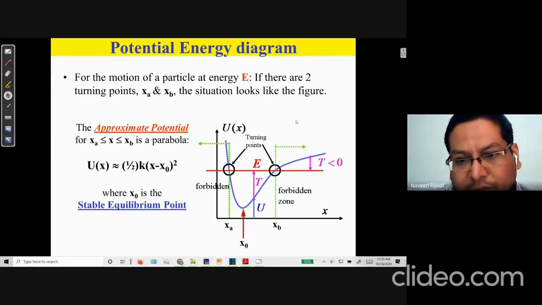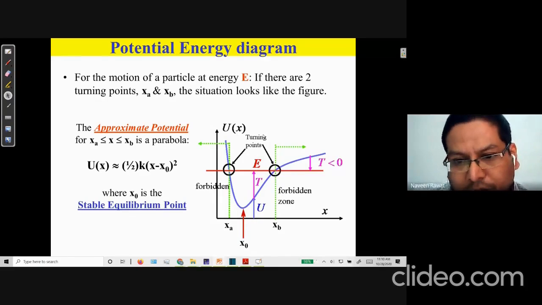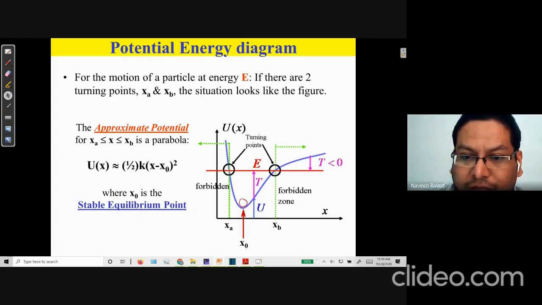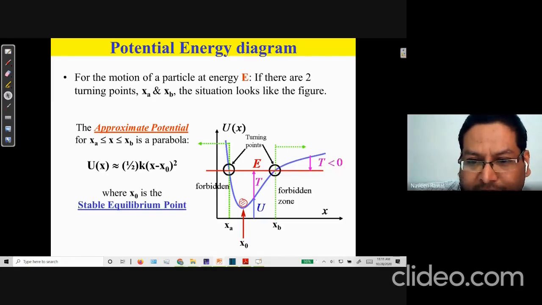Potential and stable equilibrium: we were saying that there are some stable equilibrium points in the system. For example, you can imagine just by intuition that suppose I keep a particle at this position x0. I have not given any force, I'm just putting it there, and in that situation, what will happen to this particle? By intuition you can see that if I keep a ball or something in this potential, it is just going to stay there. So just by intuition we can see that this is happening.